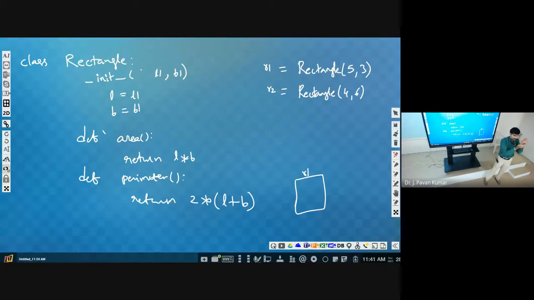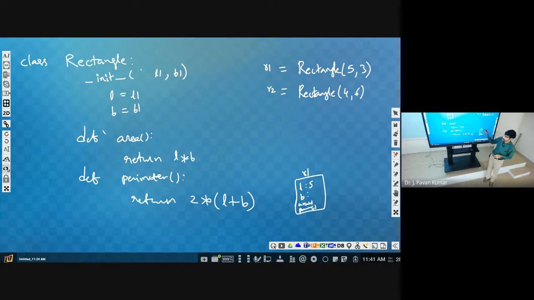In this physical entity we will have data and code. What is the data in this example? L and B are the data. What is the code? Area and perimeter are the code. These two functions will be part of R1. So here we will have L, B, then area, then perimeter. What are the values of L now?